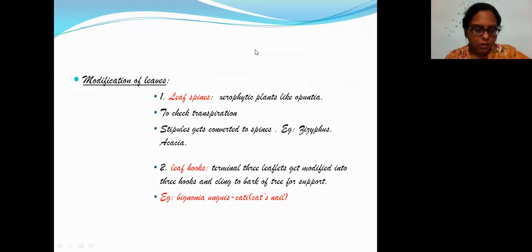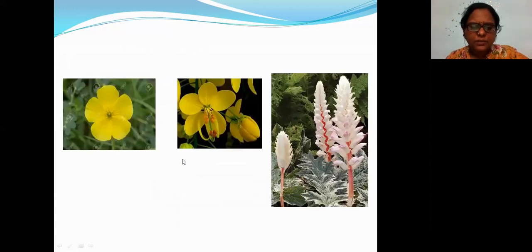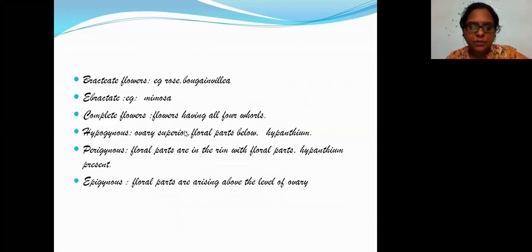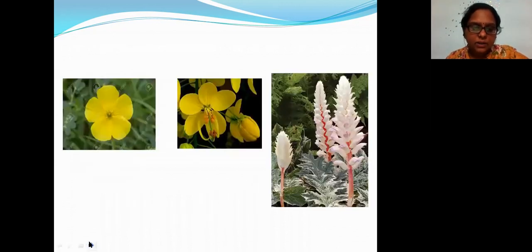So I wanted to show you the flowers, students. You can see I've taken all the pictures. A lot of terminologies which you have to keep in your mind. Bracteate, ebracteate. Then if you see here, zygomorphic, this and all is there in your 11th standard, but just the names: staminate, zygomorphic, pedicellate, sessile, actinomorphic. These names you might have heard. So I have taken the respective